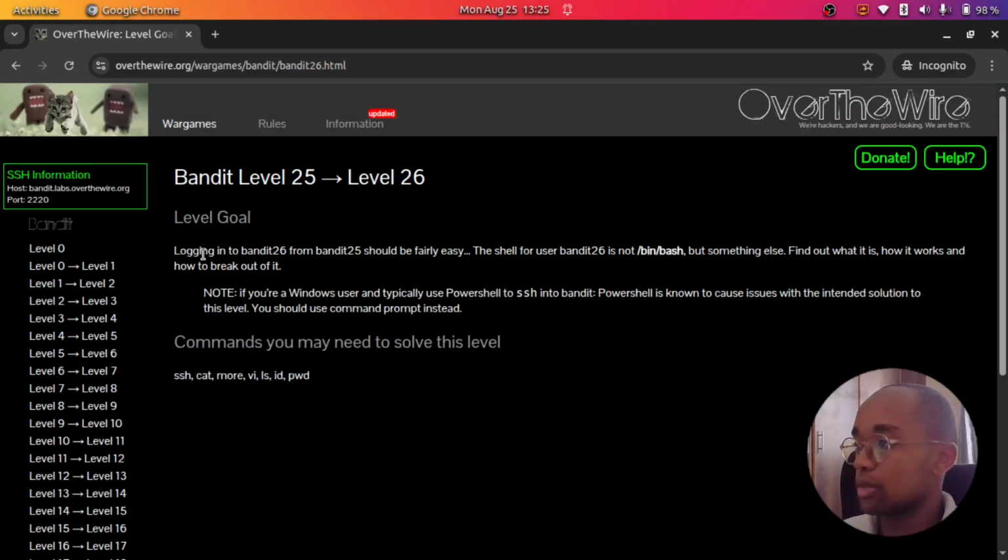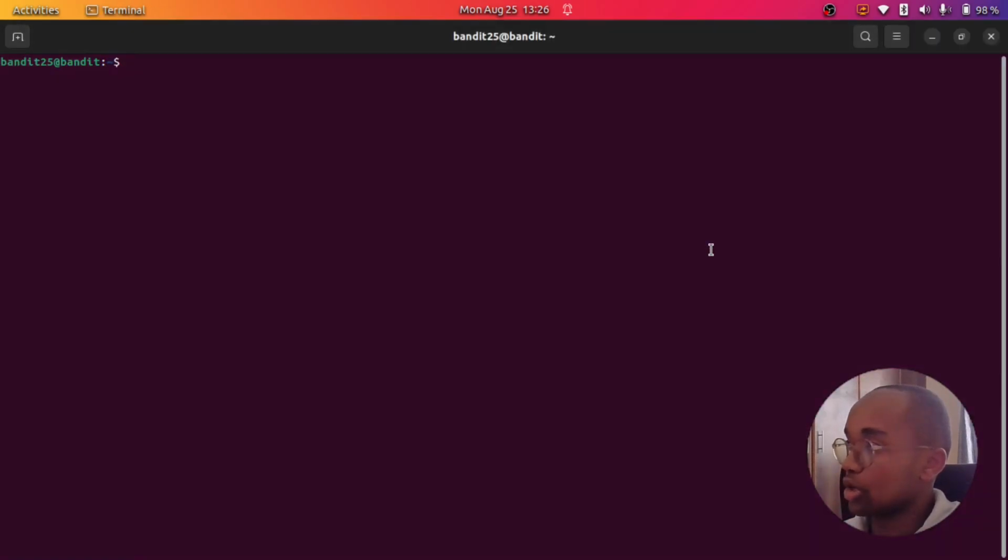To understand what this means, we have to look at this part, where we have been told that the shell is not the regular one but something else. So find out what it is, how it works and how to break out of it. To do this, we go to a shell. Again, I have already logged into Bandit 25. So we need to know what kind of shell it is using, and we do that by navigating to this